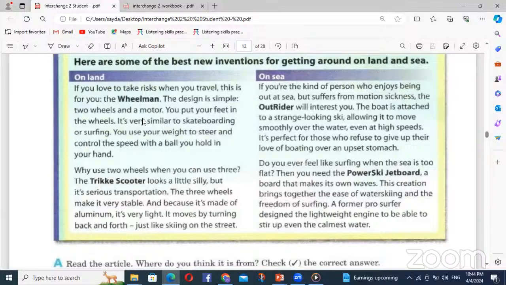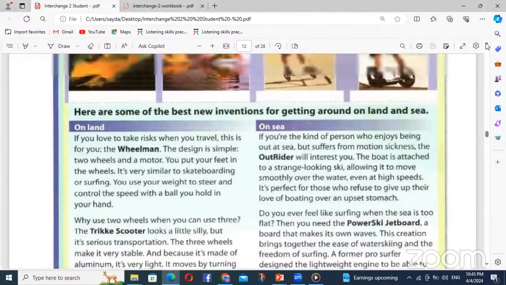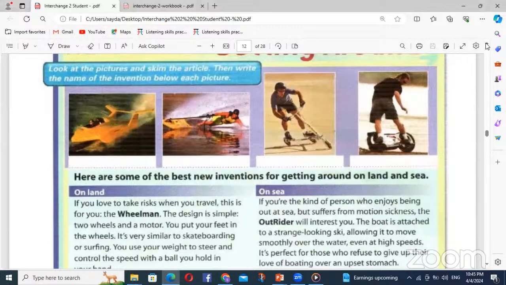يبقى ده مش في السي، ده يبقى على اللاند. Or surfing. You use your weight ده الوزن بقى بتاعك. To steer and to control the speed with a ball you hold in your hand. Okay. Steer يعني to move. To move يعني use your weight to move. وفي عندك ball use it to control the speed. طيب يبقى كده this is on land. Which picture is it؟ تعال نشوف which one is it. يبقى الويلمان تفتكر ده فين؟